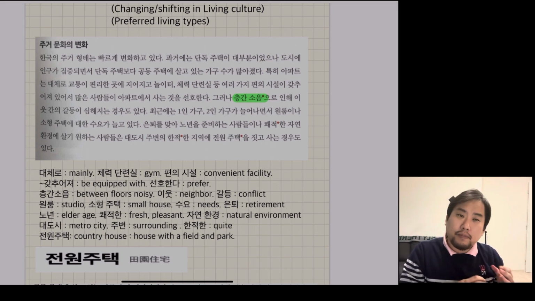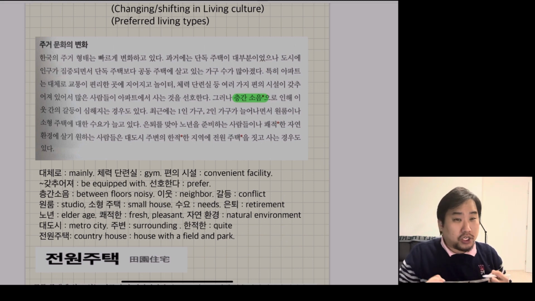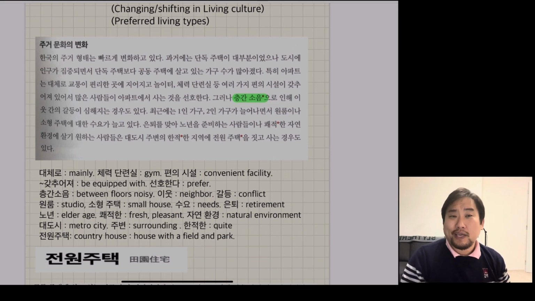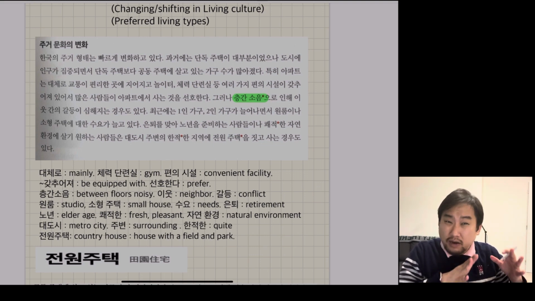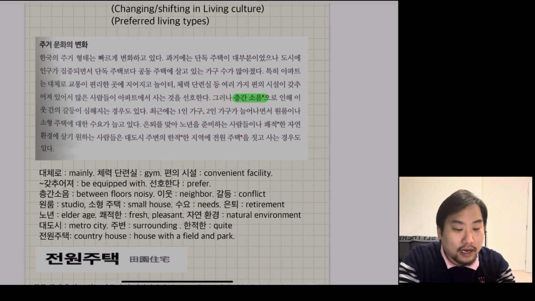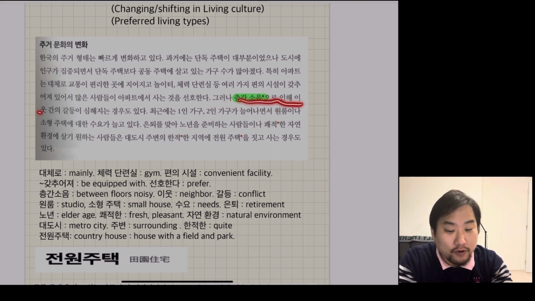Yeah, it means in Korea, if you are living in the apartment, it should have the playground and the gym or something shared facility. But if you are living in the house, yourself do everything. So yeah, I think Koreans prefer to living in the apartment. But however, 층간소음, yeah, the floor noises. 층간소음으로 인해 이웃 간 갈등이 심해지는 경우도 있다.